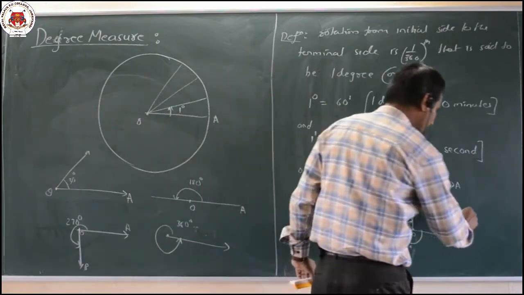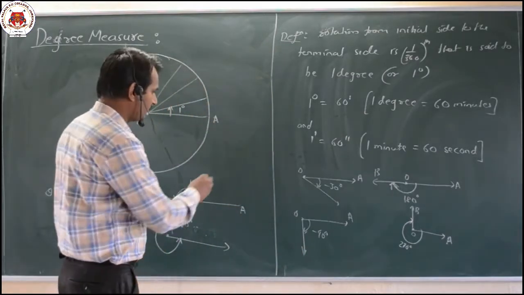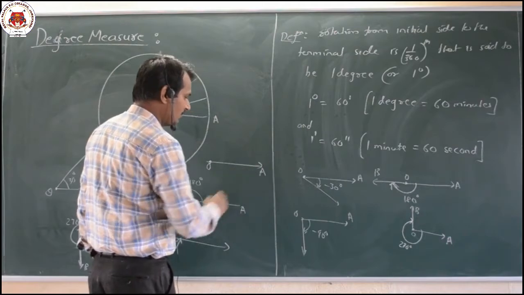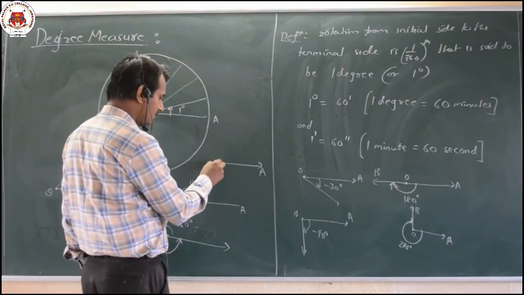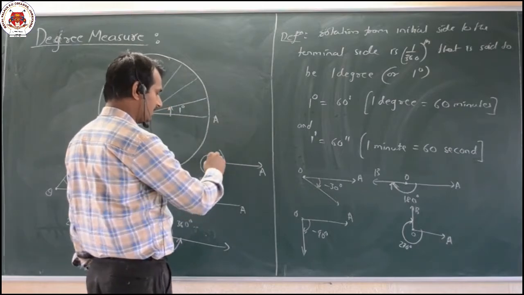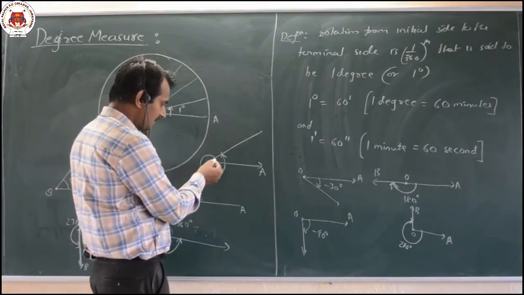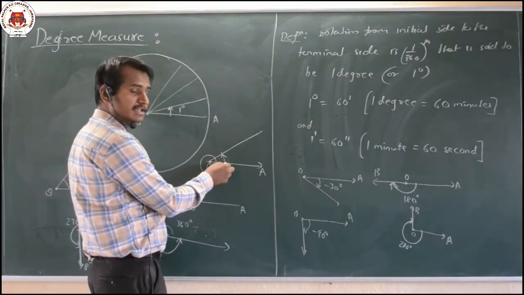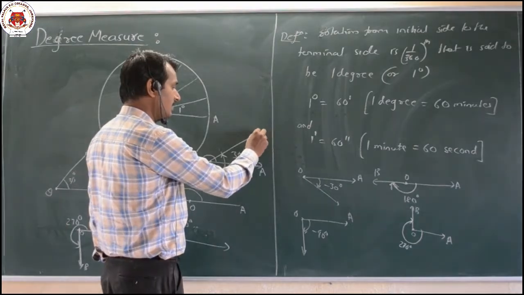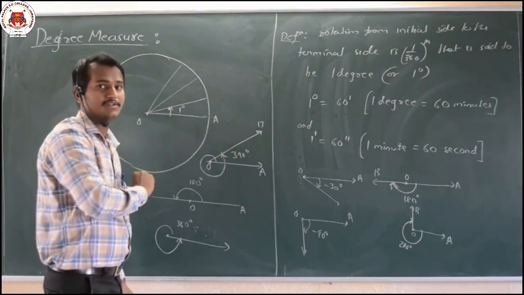Similarly, you can take one whole complete rotation also. For example, this particular line OA, if you take a complete rotation, that is nothing but 360. Again, if you take it for 30 degrees more, here till here I am rotating 360 first of all, 360 plus 30, that is 390 degrees. That is after one complete rotation.